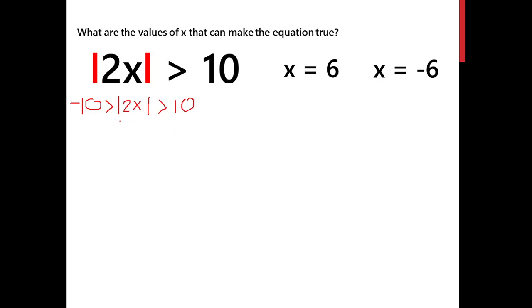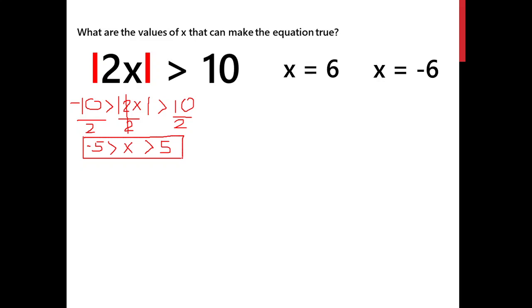To solve for x, all we need to do is divide both sides by its numerical coefficient, which is 2. And what you do here should be done on both sides. So 2 divided by 2 is 1, and 1 becomes an imaginary number, so what's left is x. Then I'll just bring down the inequality symbol here. 10 divided by 2 is 5, and I'll bring down the inequality symbol here also. Negative 10 divided by 2 is negative 5.